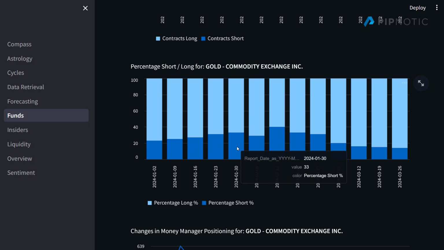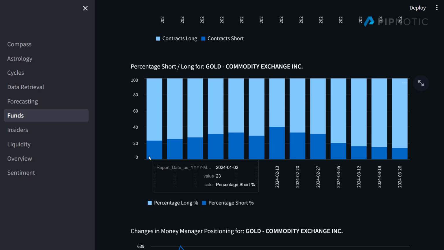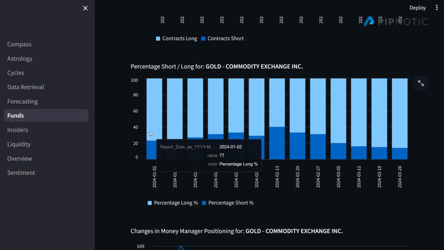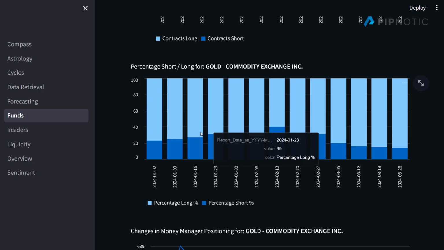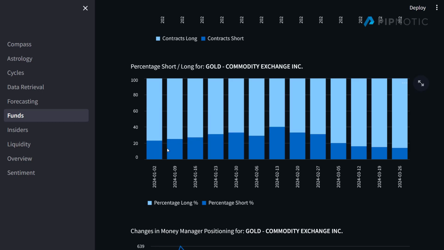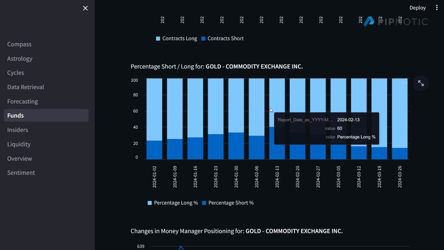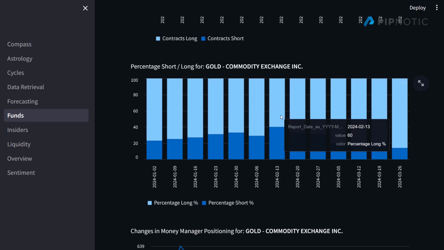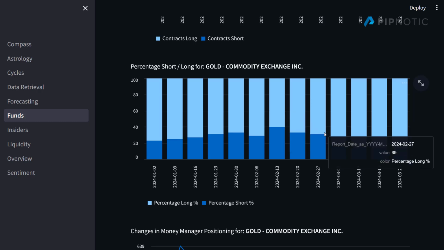Here we have the 30th of January. So in the month of January of this year, the number of sellers was decreasing, the number of buyers was decreasing, the number of sellers was increasing. And then in February, we went down a little bit. So we had a little bit more buying, and then all of a sudden we had a lot of selling, and ever since then, so the end of February, we've had an increase in the accumulating of positions